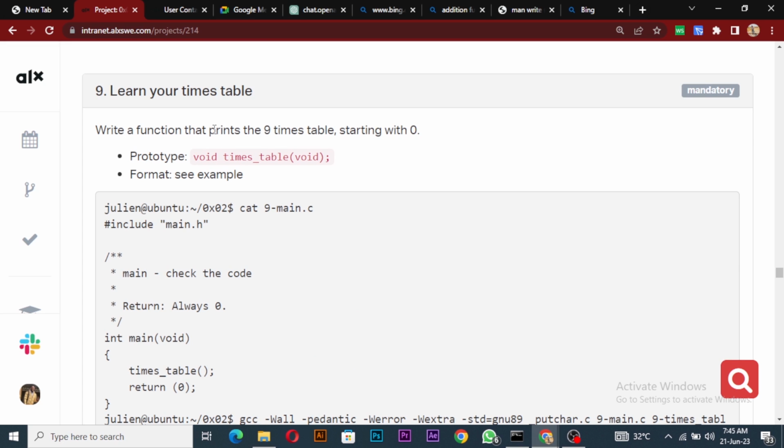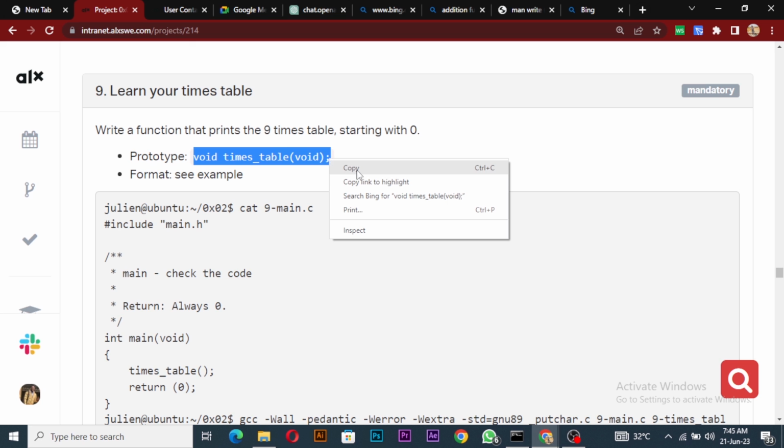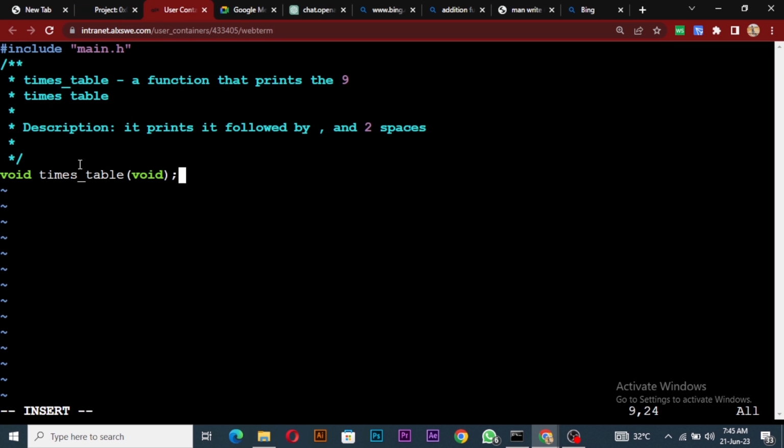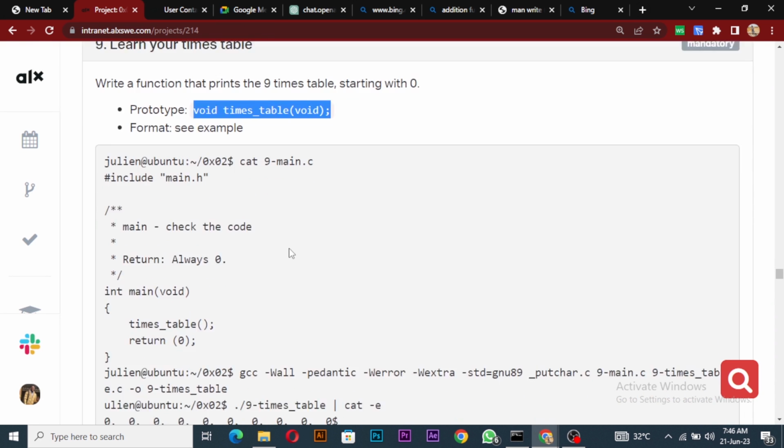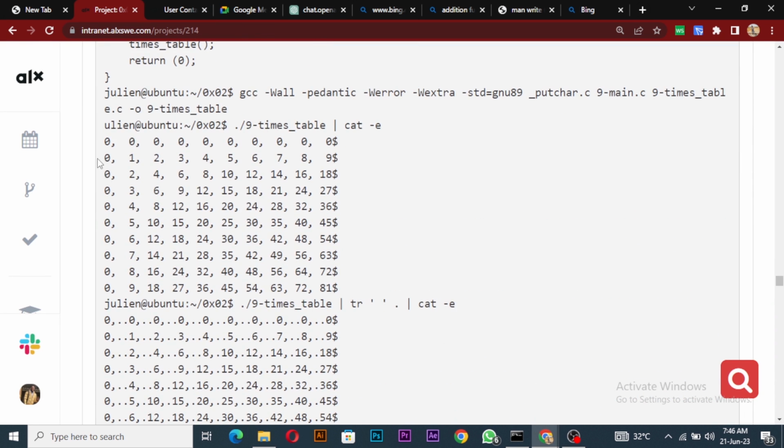Okay, so void times table void, right? So copy it, and then we'll have it here. Void times table void. So we want to open this and then tab it. The next thing, we're going to have two for loops. The first for loop would be the main loop, which will print this line,